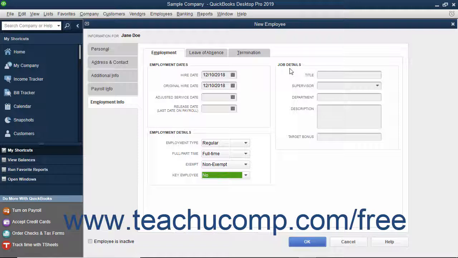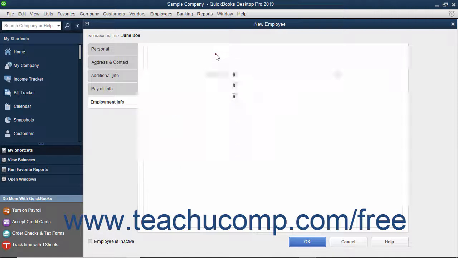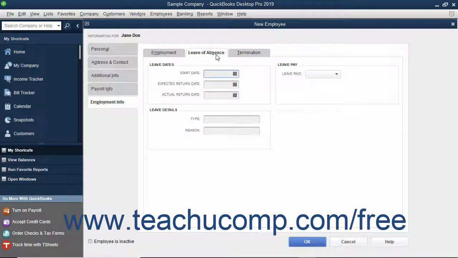description, and target bonus. If the employee takes a leave of absence, click the Leave of Absence tab to enter the information about it. Here you can enter the start date, expected return date, and actual return date into the fields in the Leave Dates section to record that information when it occurs. Under the Leave Details section, use the Type and Reason fields to record the type of leave of absence and the reason for it. In the Leave Pay section, use the Leave Pay dropdown to select whether or not this